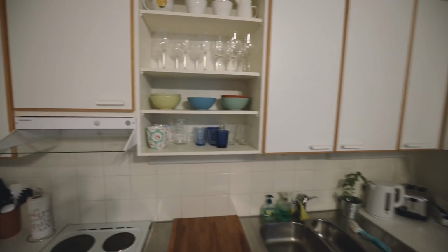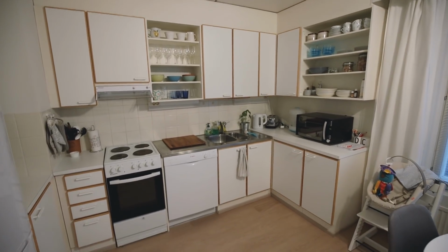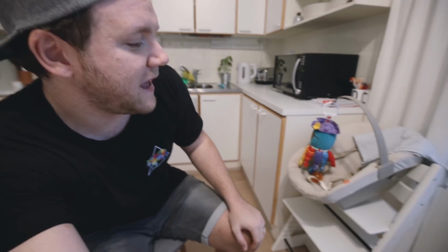I think they're like 25 cents each from IKEA, but it just kind of makes it a little less 90s. But no Nordic kitchen with a baby in the house would be complete without a stocker chair. My mum actually bought this for us as a little gift when she visited a few months ago. But yeah, I haven't really used it much yet, but I'm sure over the years it will be put to